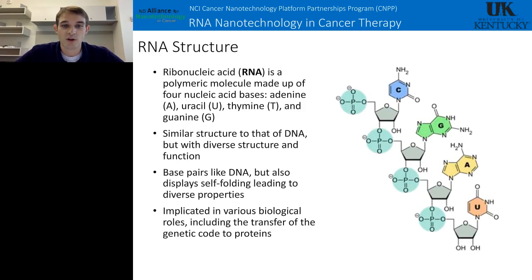One major difference between RNA and DNA is at the 2 prime position. In RNA, there is a 2 prime hydroxyl group, whereas in DNA, there is no hydroxyl group, just 2 hydrogens off of that 2 prime position. This 2 prime hydroxyl is a lot of what gives RNA some of its functionality and flexibility. But at the same time, it also makes RNA very susceptible to exonucleases and endonucleases in the cell, which can use this 2 prime hydroxyl to attack the phosphate backbone and cleave your RNA.